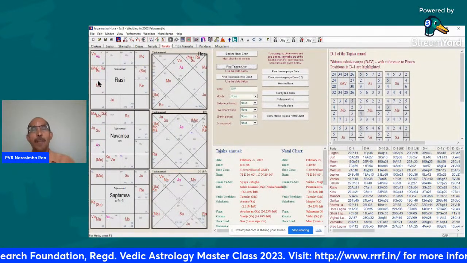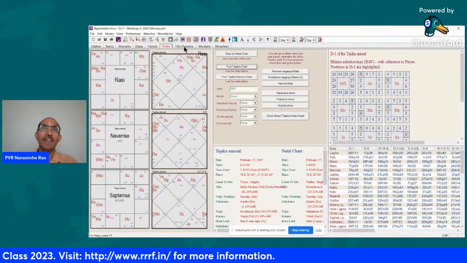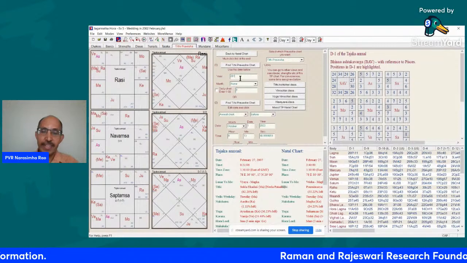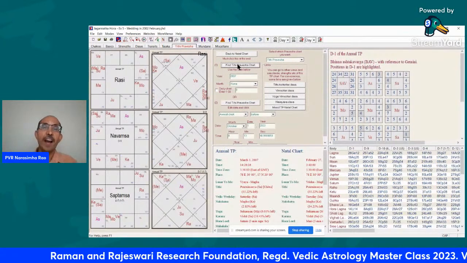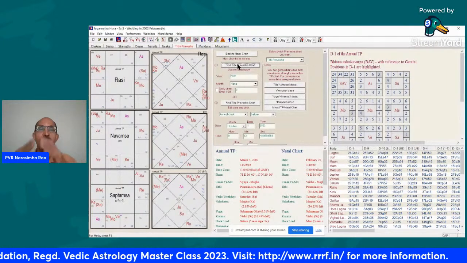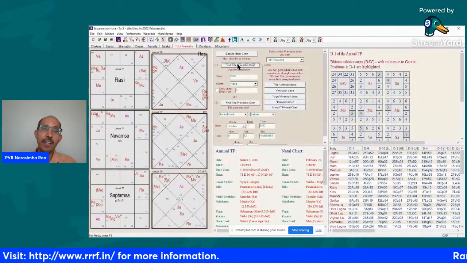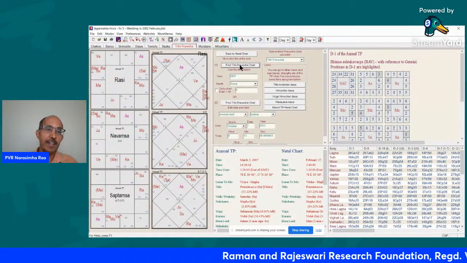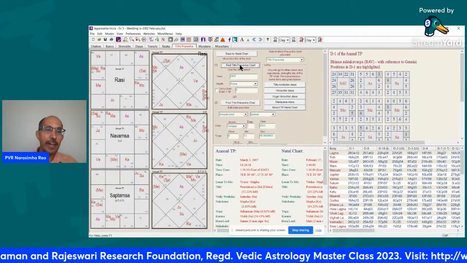But what I say is, apart from looking at redeeming factors in the Rasi and Navamsha, you pay more attention to the Desakala Patra, what kind of people they are, what attitude they have, because Jyotish works within the context of Desakala Patra. What is the country and what is the culture there, and what is the time, what is the era, and what are the conventions in that era, and finally, what is the type of the person, what kind of society he comes from, and what is the attitude in his group of people in his community. So look at those also, practically speaking. And finally, look at the Tithi chart.